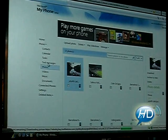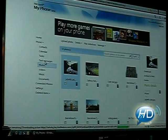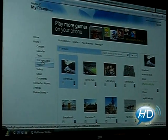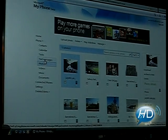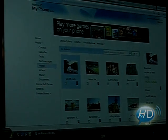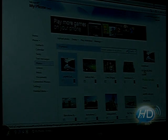One of the things that you can also do is archive it to the web. What that means is if you no longer want the information on your phone, but you still want to save it in the cloud, you can easily do so by clicking Archive to the web. So I can take this particular one, click on Archive to the web. You see the icon has now changed. It will take it off the phone but save it for